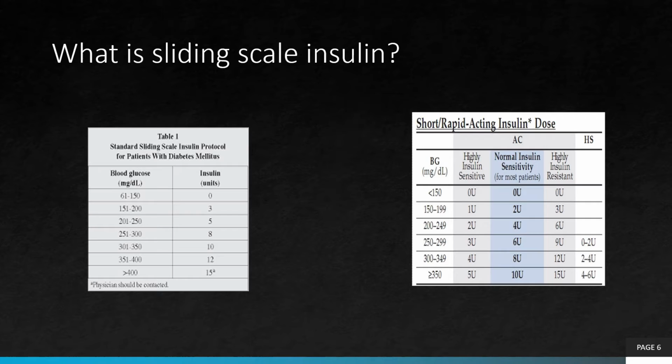It doesn't mean that they are diabetic. It means that the body releases extra sugar when it is under stress. So you may sometimes go in to use this sliding scale on a patient who doesn't think they're diabetic, and when you go in with insulin, I've had them go, wait, what? I'm not diabetic, and I had to do some teaching with them